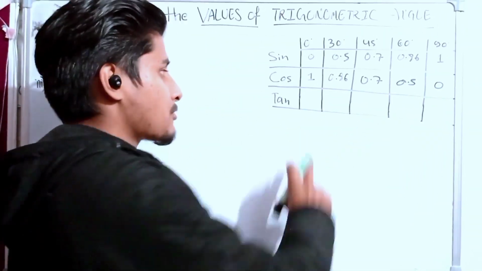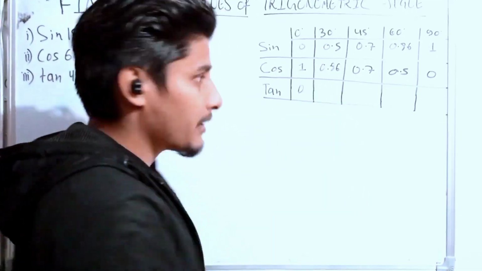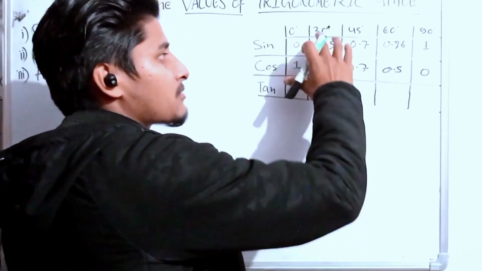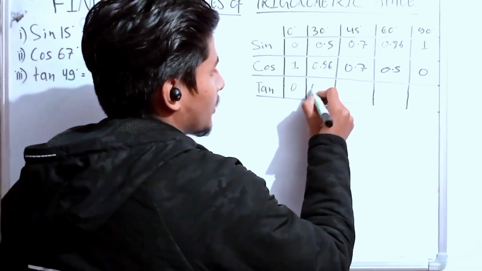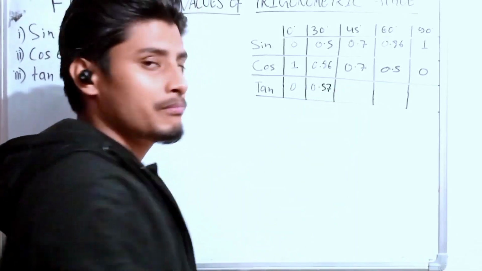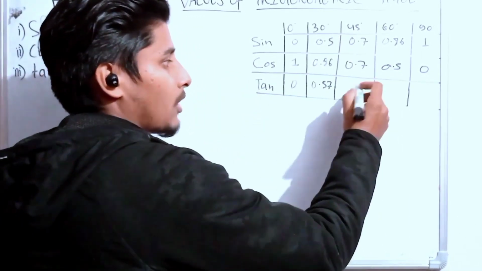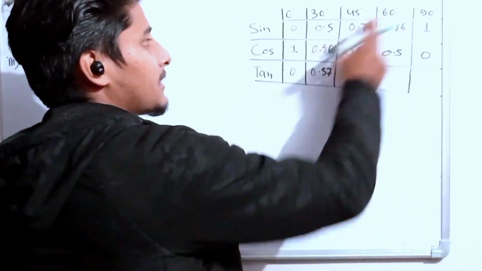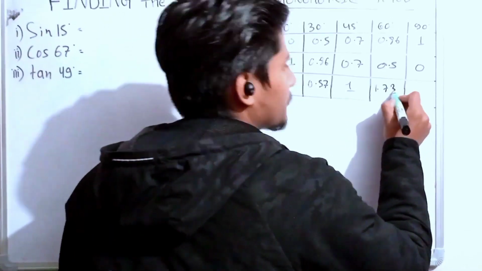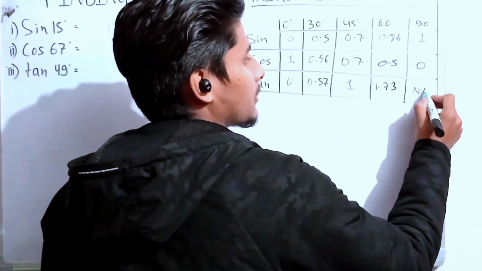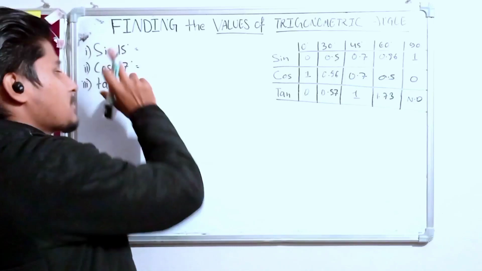Okay, now let's do it for the tan. So for the tan, 0 divided by 1 will be 0, right? Then what is the value for tan 30 degree? It was 1 by root 3, which is 0.57. Tan 45 was 1, and tan 60 degree was root 3, which is 1.73, right? And for 90 it was not defined. So this is the basic value you need to have in your mind before you find the value of sine 15